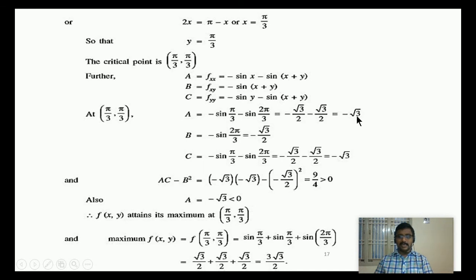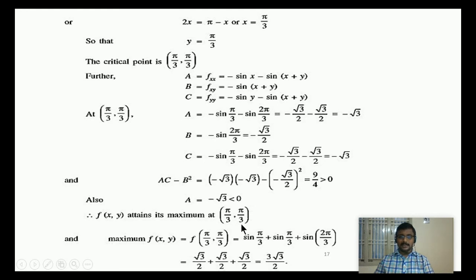But what is A here? A value at the stationary point is negative root 3, which is a negative quantity, so less than 0. So AC minus B square is positive and A is negative. The function attains its maximum value. By the working procedure, the function attains its maximum value at this stationary point pi by 3, pi by 3. Also, the maximum value at this stationary point can be easily obtained by replacing x as pi by 3 and y as pi by 3